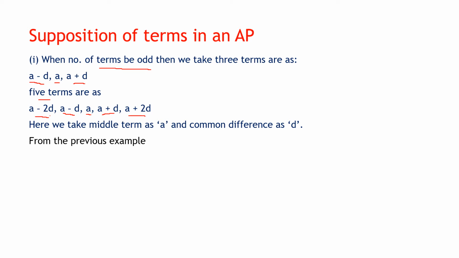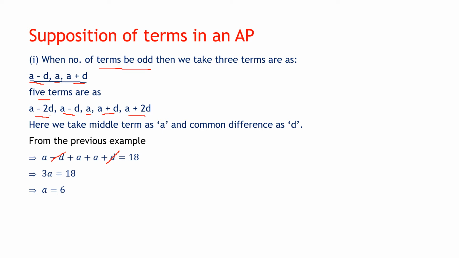Now in the previous example, if you remember, we had three terms. Which three terms? a minus d, a and a plus d, and the multiplication of these three was 162. From the previous part, when we added them we got 18. So a minus d plus a plus a plus d equal to 18. Now you have seen clearly, this minus d and the plus d get cut. So we are left with 3a equal to 18 and a equal to 6. So this is how the sum has become easier.